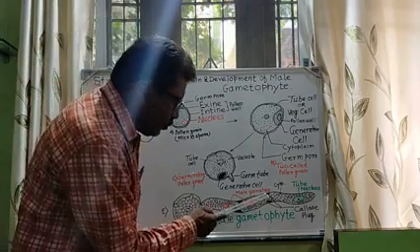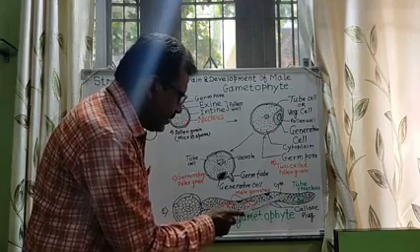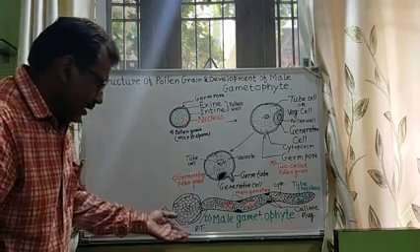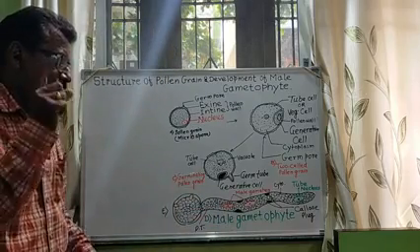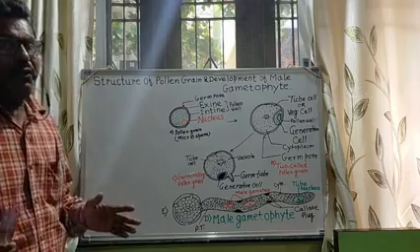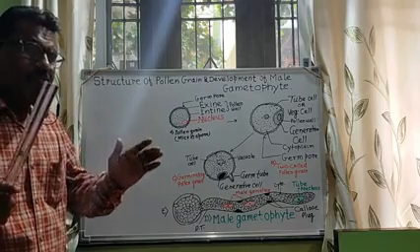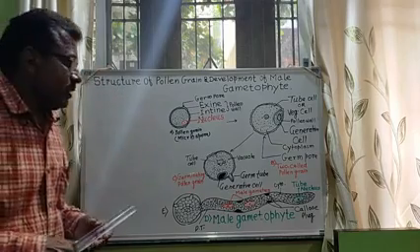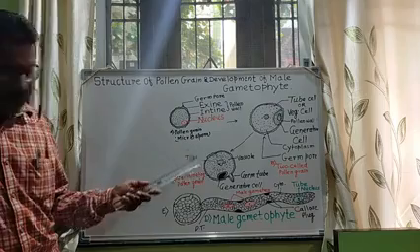Here two dark portions are shown, called callose plugs. Here is the cytoplasm, and this is a long pollen tube containing two male gametes and only one tube nucleus. After the formation of the male gametophyte, it takes part in double fertilization and triple fusion. That is a very important phenomenon in angiospermic plants.